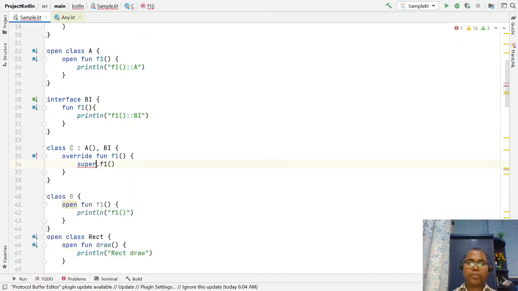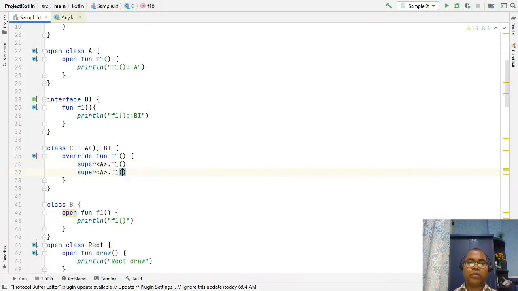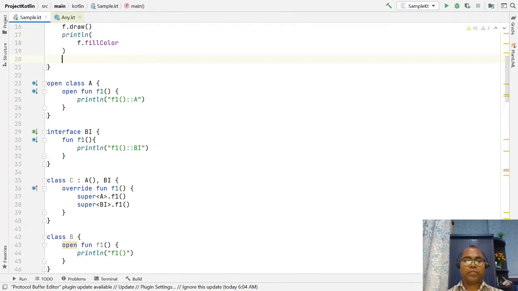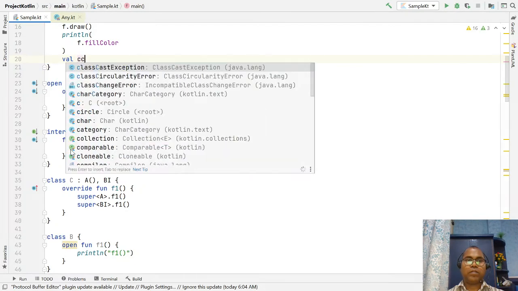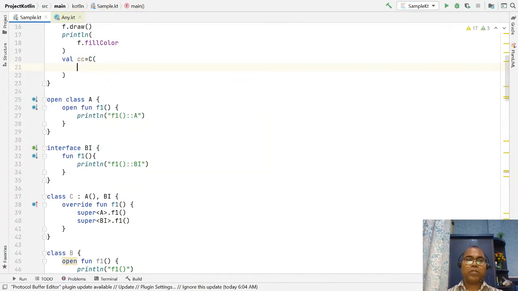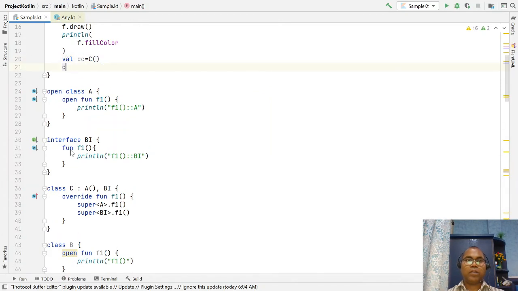So here I say I want to invoke from the A class, or I want to invoke from your interface, the BI interface. Now we have to create a C object and invoke the function from the C object, so you can invoke c.f1.